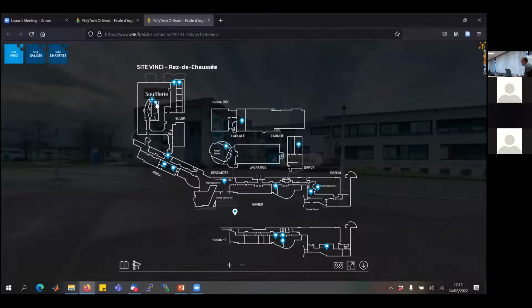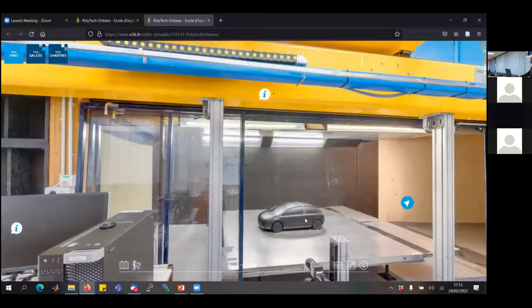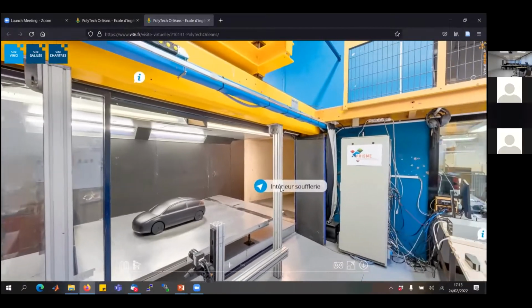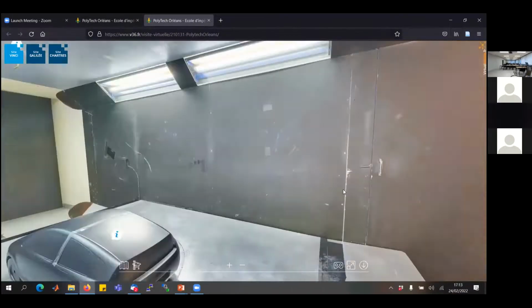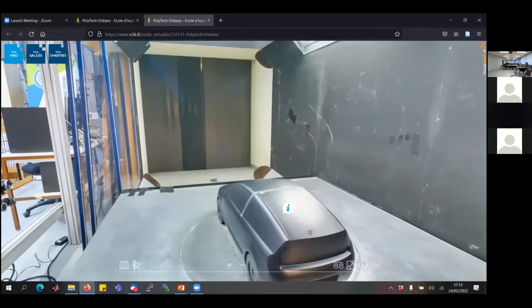So here is the building where we have the wind tunnel, and here are our experiments. Here you see the wind tunnel: it's 2 meters in this direction, 2 meters here, 5 meters long. Here you see the C4 model. Let's go inside. Here is the fan of the wind tunnel. And I wanted to show you also,